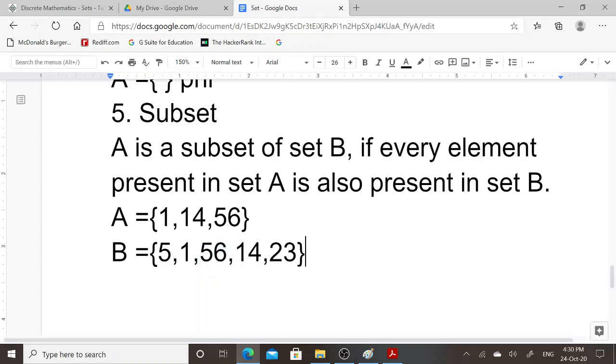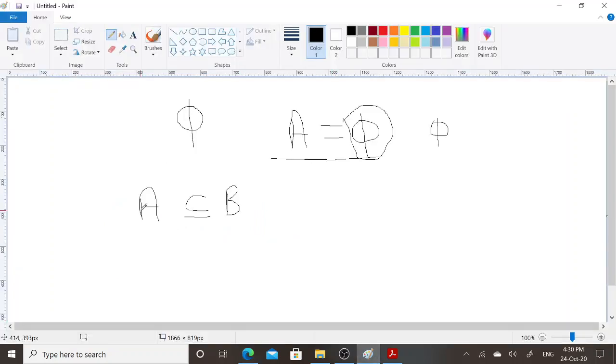So in this case, A is considered as subset of set B and it is written as A is a subset of set B.